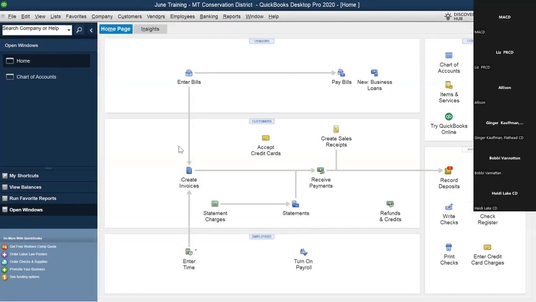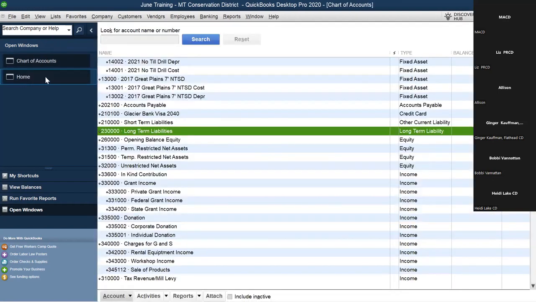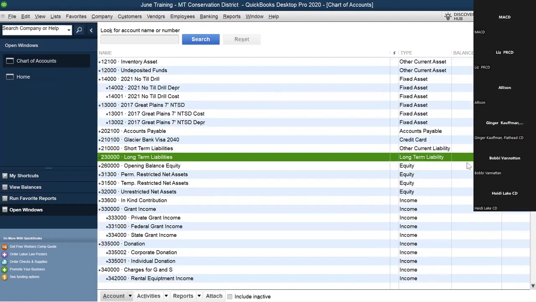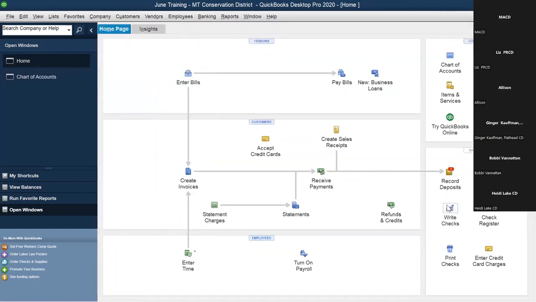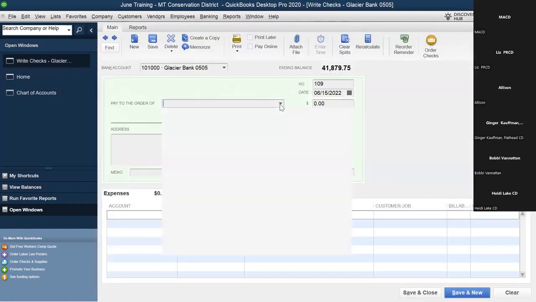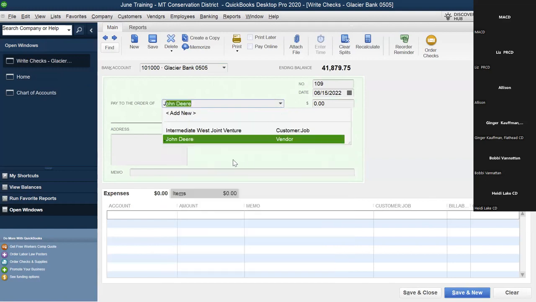Save and close. And so I'm going to go to my chart of accounts. And so we can see that we've incremented the loan account for that amount, right? And so then we go to buy it, right? Now we have this money in our bank. And so now, again, however you choose to use this, I'm just going to use write checks. So this is where we would then increment